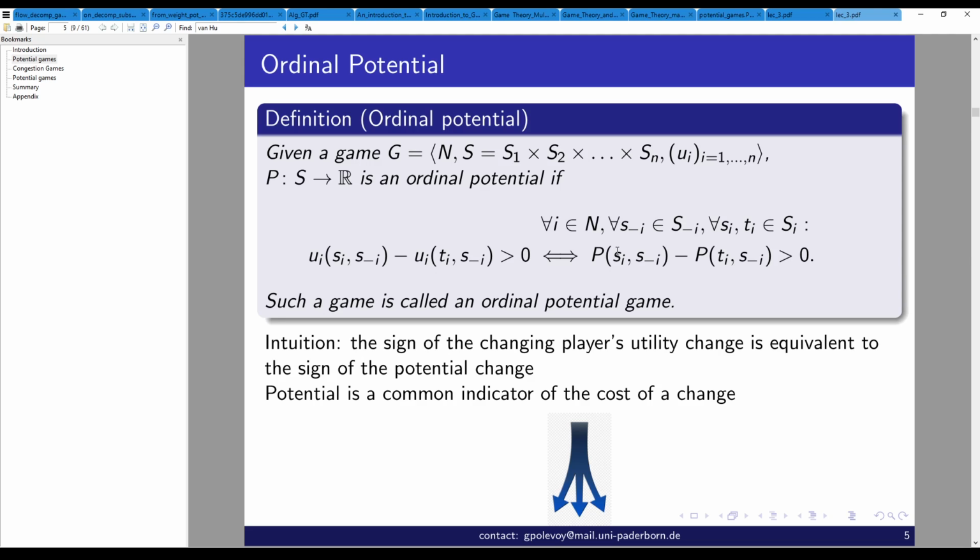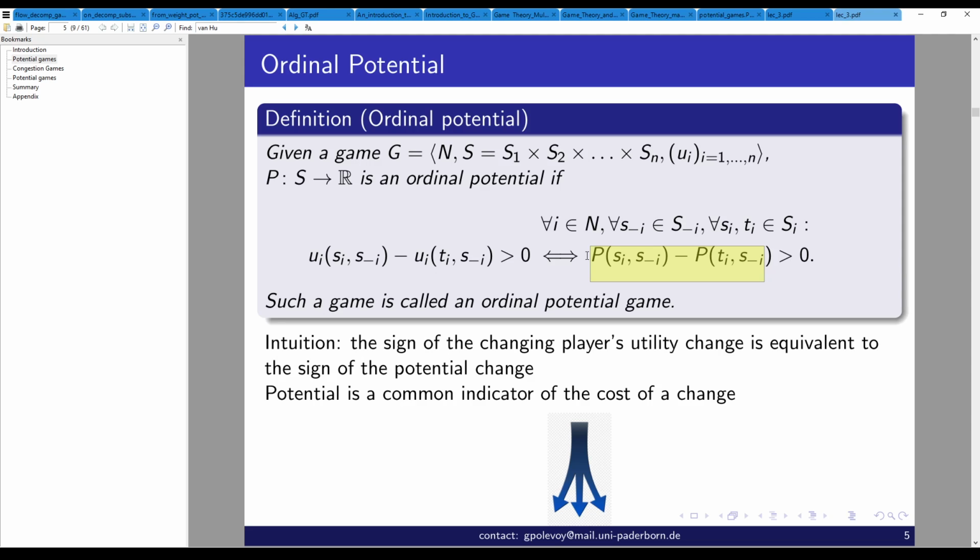So given a game, a function from the set of strategies of all the game to the reals is an ordinal potential if for any player, for any strategy set of the profile of the others, and for any two strategies for that player i, the utility of player i increases from moving from Ti to Si, given that the others play minus i, if and only if the potential increases when player i moves from Ti to Si, given that the others play minus i. So basically,